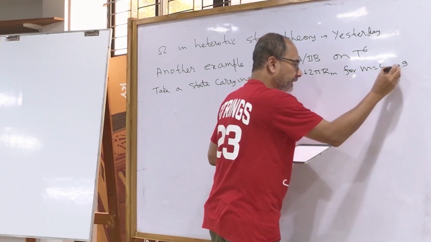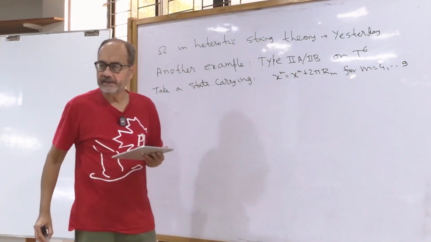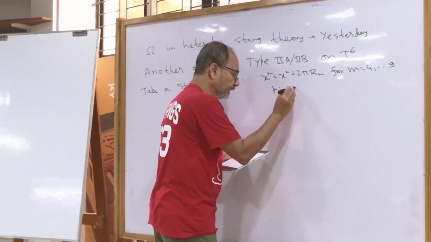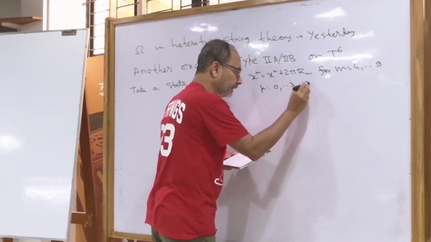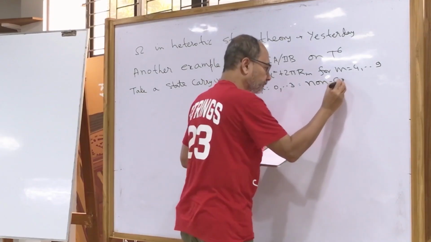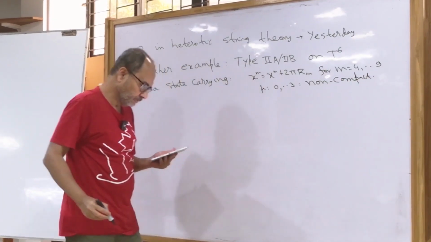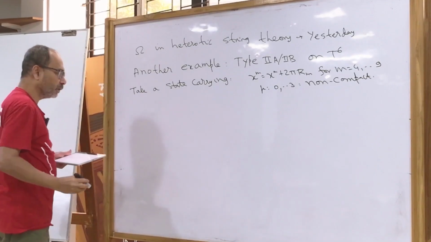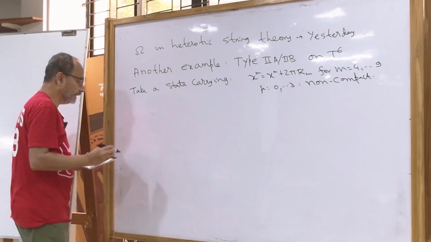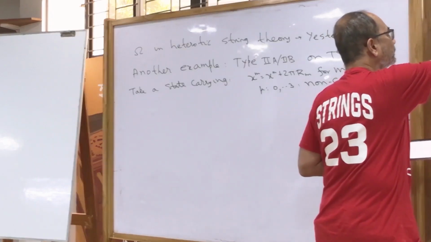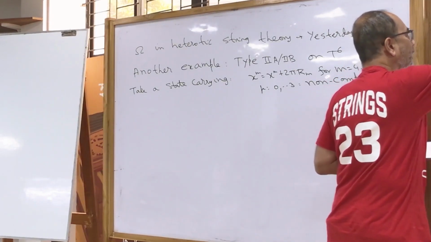So, the 4 to 9 directions are compact and the mu directions are non-compact. So, mu runs from 0 to 3, these are non-compact. The state that I am going to consider will carry 1 unit of magnetic charge